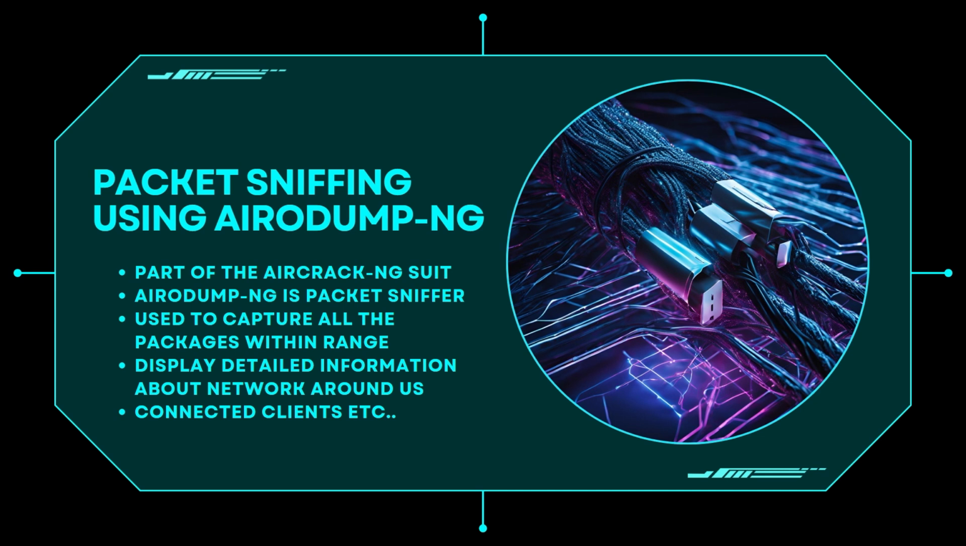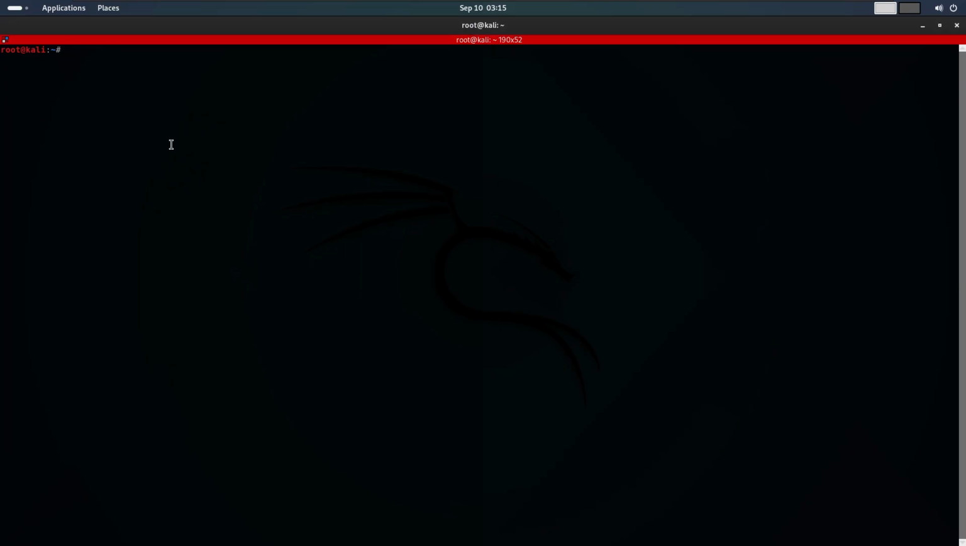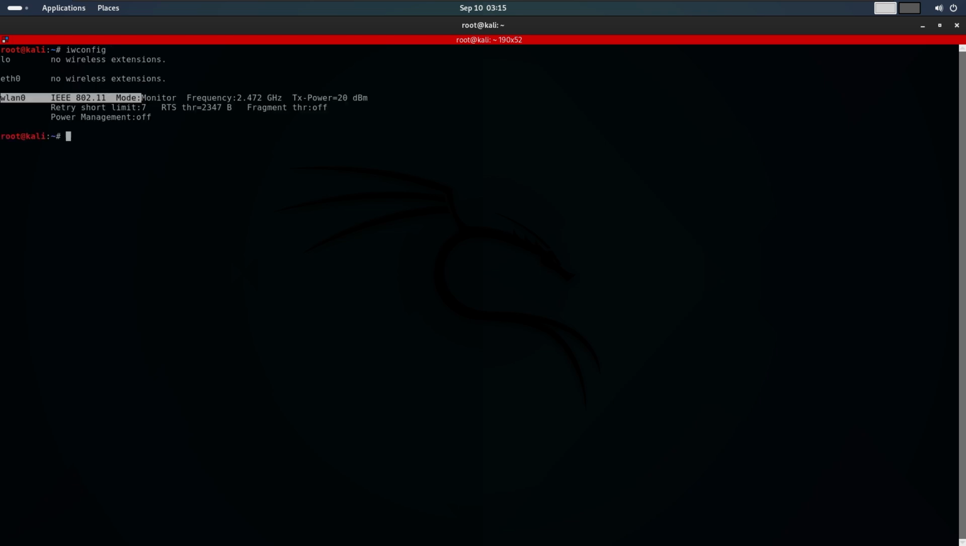To sniff these packets, we need to put our wireless adapter into monitor mode. This lets us see all the packets in the air, not just the ones meant for us. Once monitor mode is on, this tool captures all the Wi-Fi packets around us and shows useful information like network name, signal strength, and even